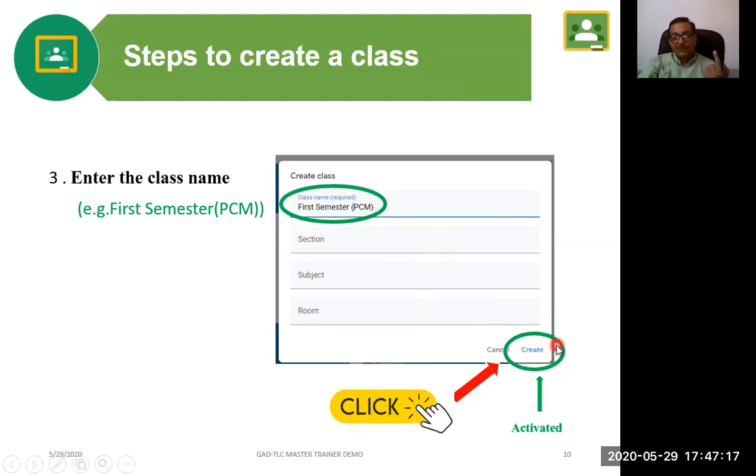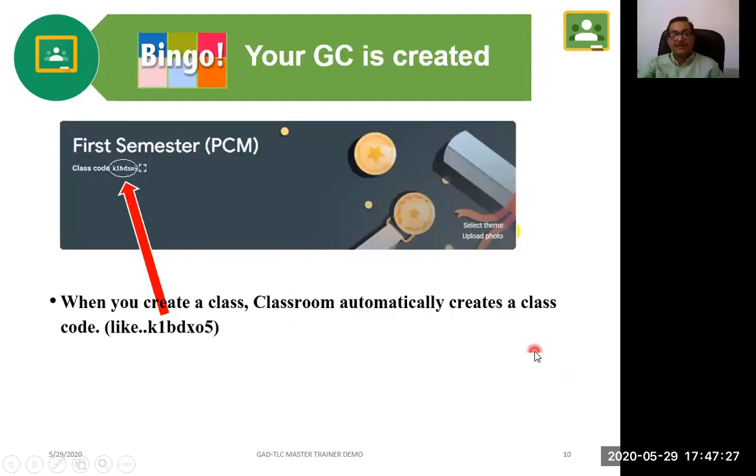Now the create button is activated, so we click over here. As we entered the class name and generated the class, wow, now our Google Classroom is created.